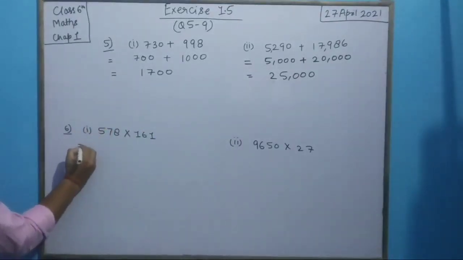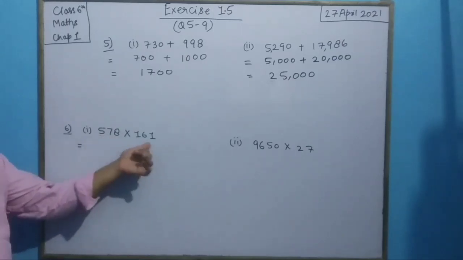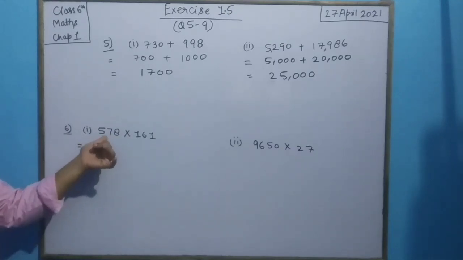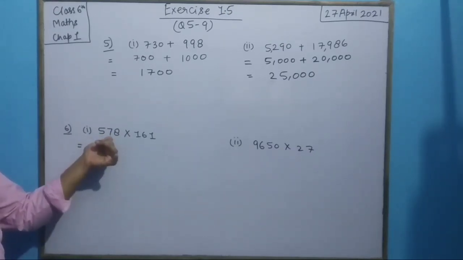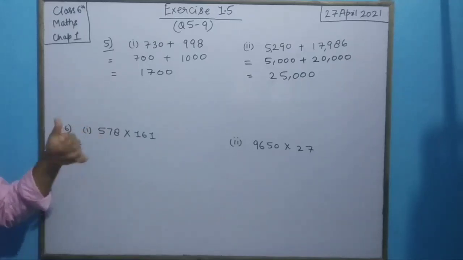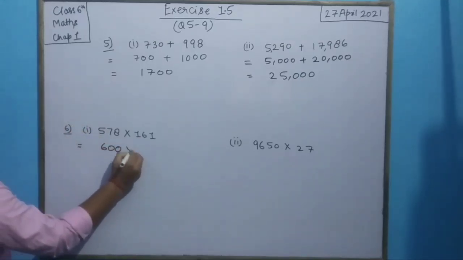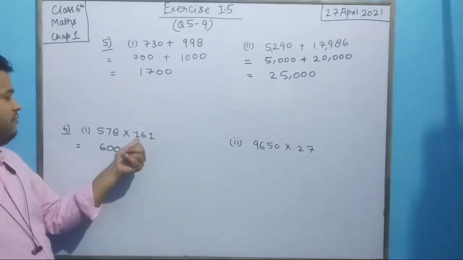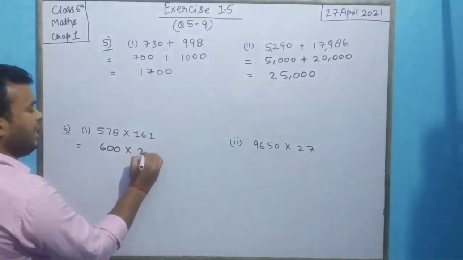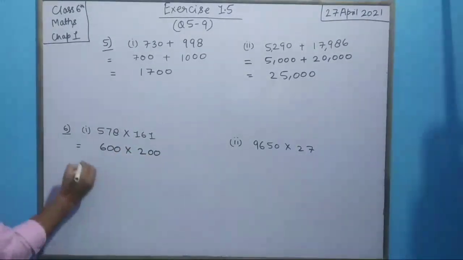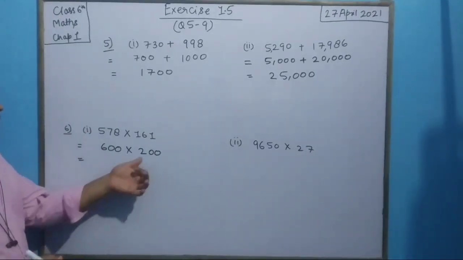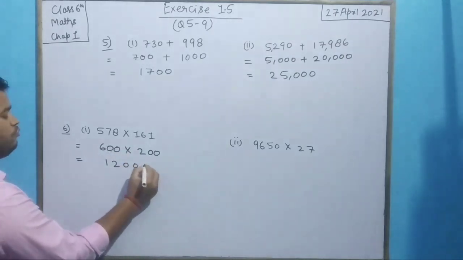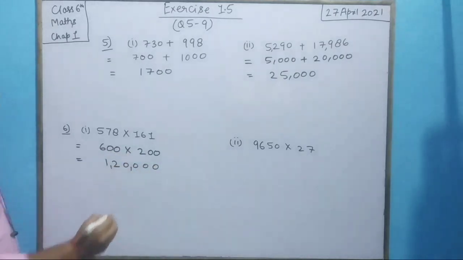Now again here, ones, tens, hundreds, both have the hundreds place. Let us see the tens place value. It is 7, greater than 5. So it will be 0, 0, and since it is greater than 5, the 5 will be increased by one, that is 600. Again, here also it has the hundreds place. So just see the tens place, greater than 5. So it will be increased to 2 and the rest of the places will be 0. Now multiplying them is very easy. 2 into 6 is 12. And how many zeros? 1, 2, 3 and 4. What is it? It is 1,20,000.